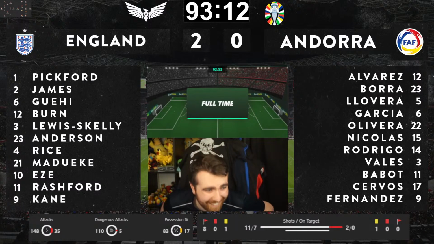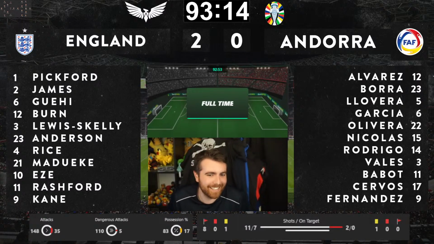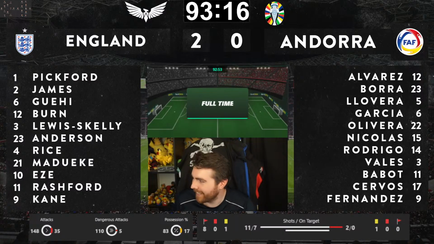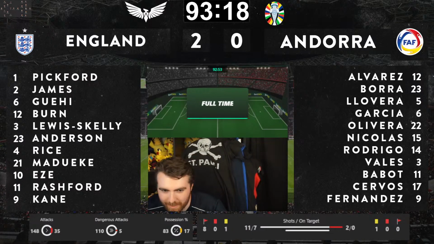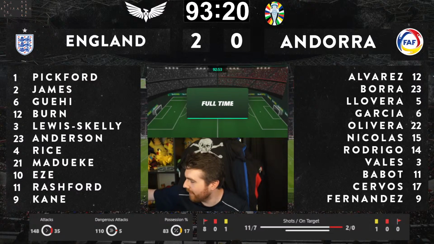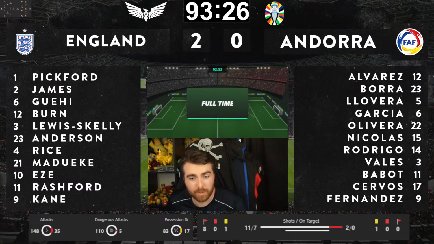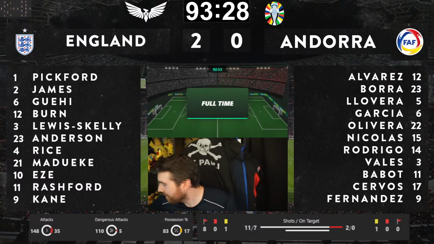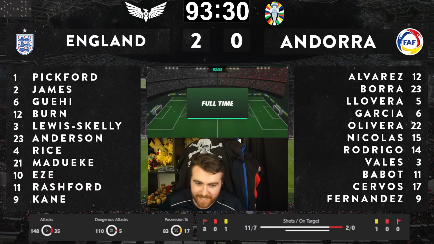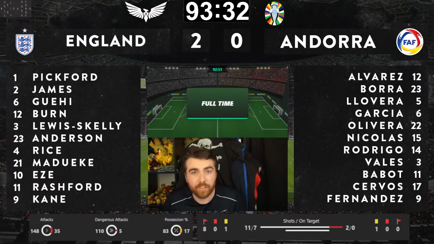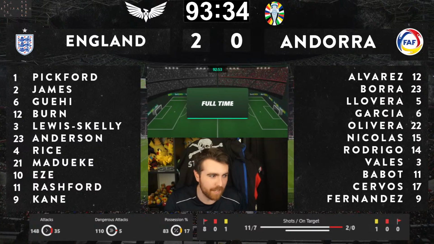Exactly! They're sitting back. There's nothing else that we can do other than trying to beat a man every time with Madueke. We've created loads of chances. We should have scored 5, maybe 6. We scored 2. We conceded 2 shots all game. If you aren't happy with what you've just seen, other than, again, the finishing ability of our players today,